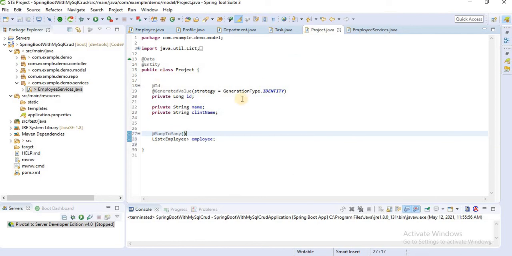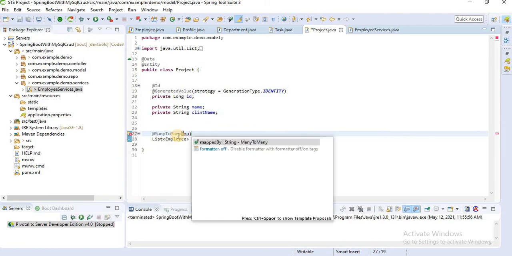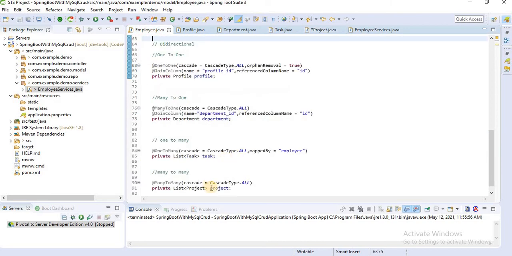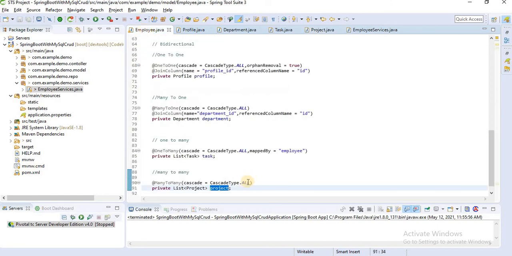This project class is not responsible for creating a new table or any field for the mapping operation. That's why I'm giving mappedBy here, employee, the mappedBy variable. I'll copy this variable and paste it here. Let me save. I'll save this one also.